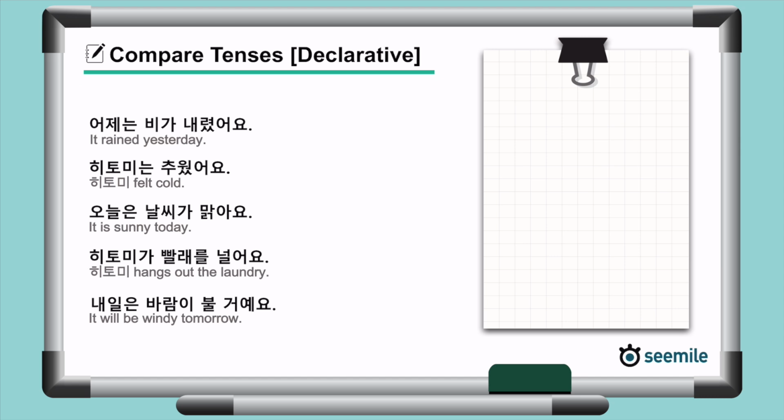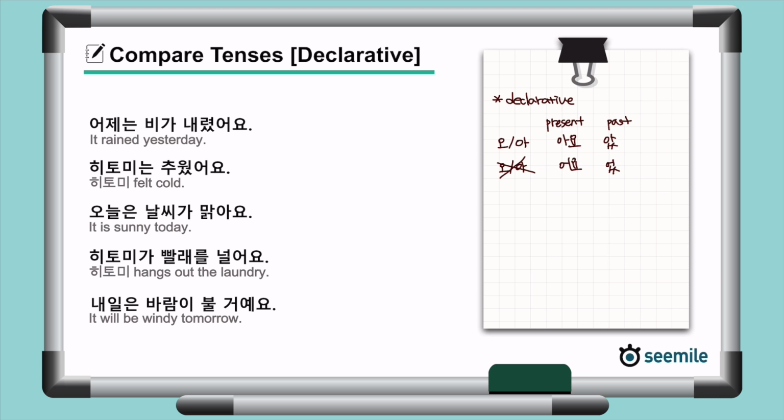We learned that to talk about current events or facts, depending on whether or not the last vowel of the word stem is O or A, we would use 아요 and 어요 respectively to complete our sentences. To talk about past events, we learned that we need to just add the 았, 었 pre-final ending right between the stem and 어요 ending.